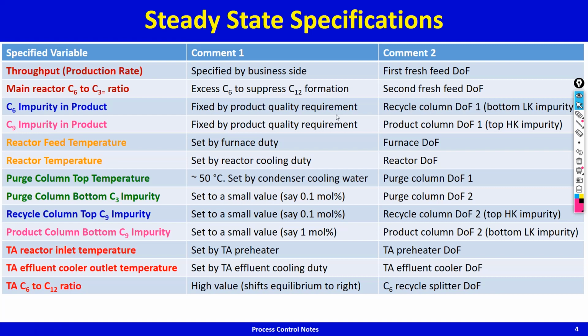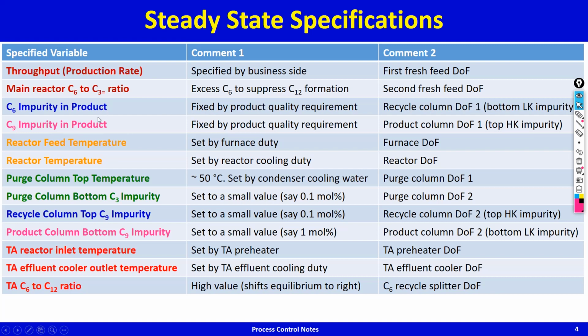This product cumene is guaranteed to have less than so many, 0.1% of C6 and 0.3% of C12. I don't know, something like that. Percent by weight, percent by volume, or percent by moles, I don't know. Usually it is by weight. But because in chemical engineering we typically do mole balances, without specifying, when I say percent, it means mole percent.